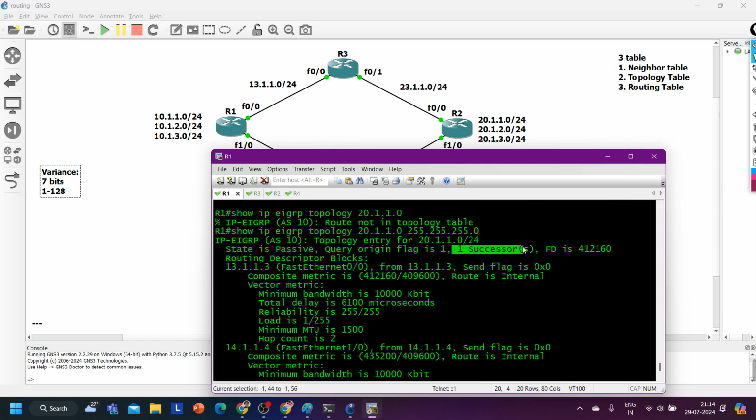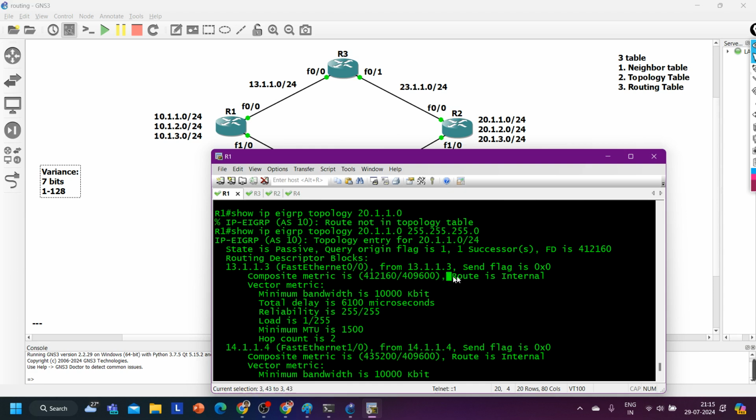How many successors are available for this network? One successor. And what is the FD, meaning the total distance between source and destination? 41210 for the successor, right? For the successor means from the best path, this is the FD. And this network's best path is reachable via 13.1.1.3, meaning router number 3, on FastEthernet